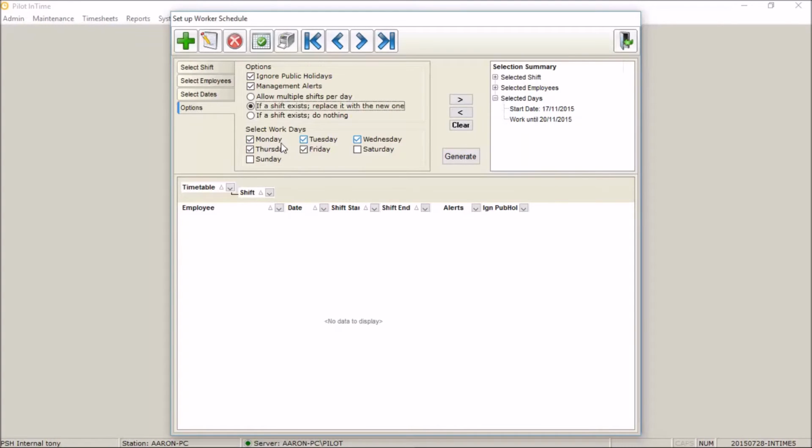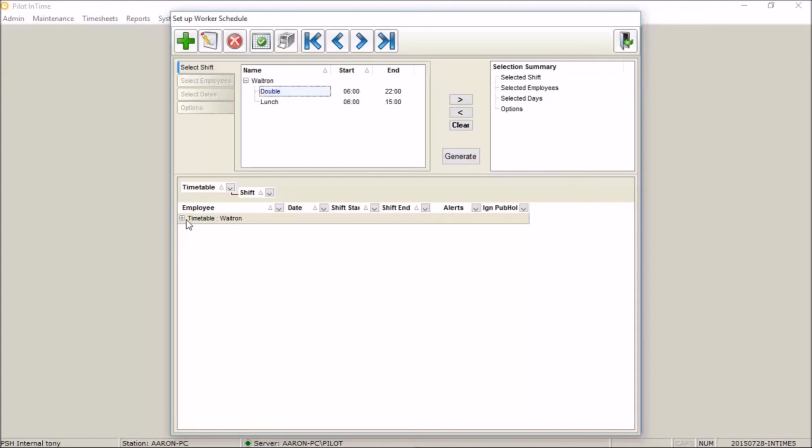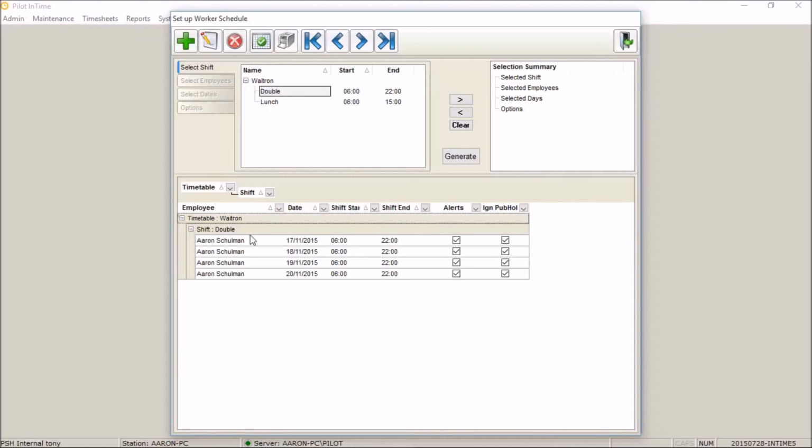The next option is which days of the week the shift is going to be created on, should it fall on one of those days, and move it across. Once you have all the criteria selected, only then can you generate the shifts. As you'll see, I now have timetable entries for myself on all these days. Should I wish to print this out,